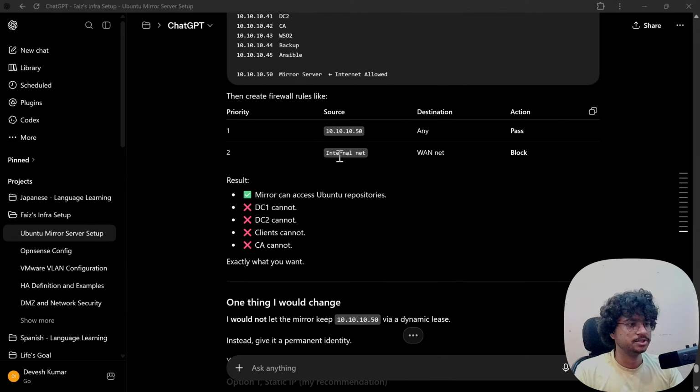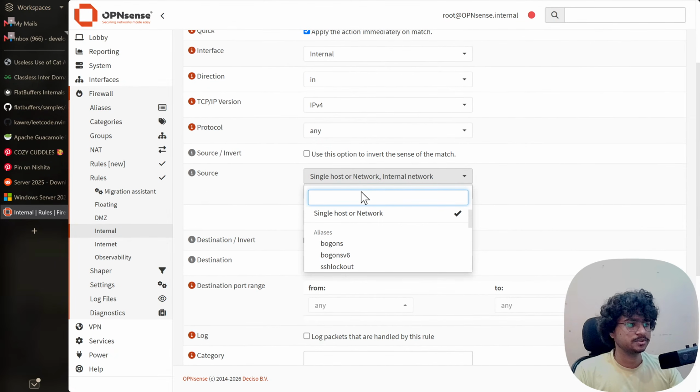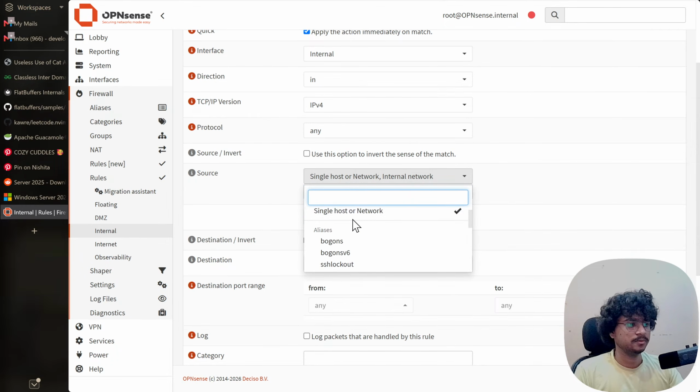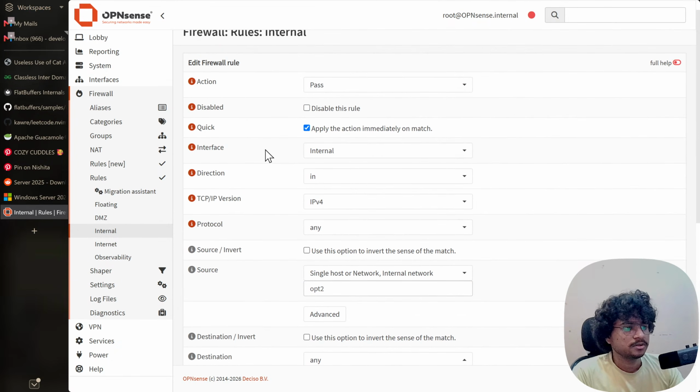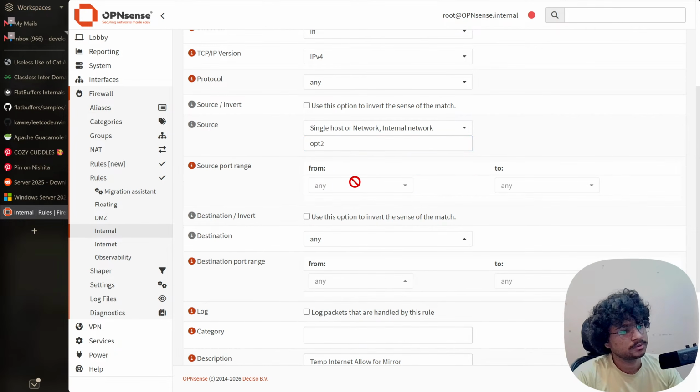Source, a particular source, not all. Single host or network. No, cannot put an IP address here. Um, internal network, single host or network, internal network, OPT2. This is disabled.